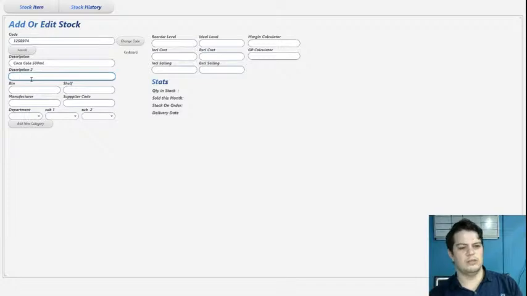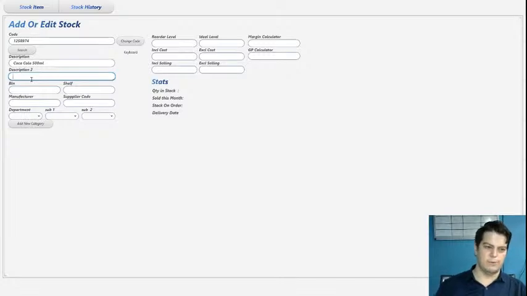So any description that you want to utilize to describe this product within your company is description 2. So please make sure if there's another description that you need to add for this item, you put it here. This is mostly used by our customers that are not in the retail sector, or customers that are in spares or car parts and so forth. So this is some additional information that they can utilize to either find this product or to have a better